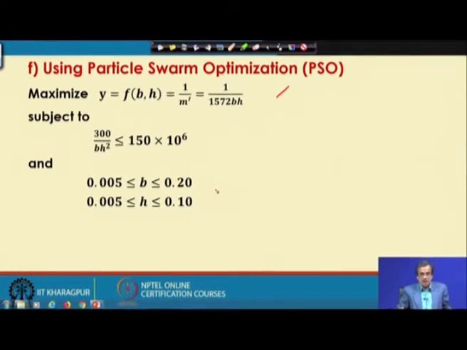So, let us see how to tackle this maximization problem using the principle of particle swarm optimization.